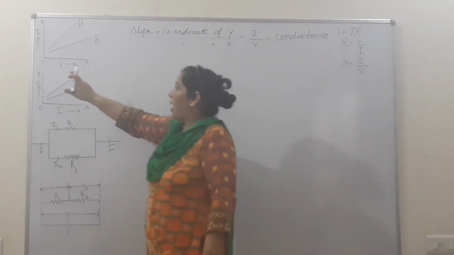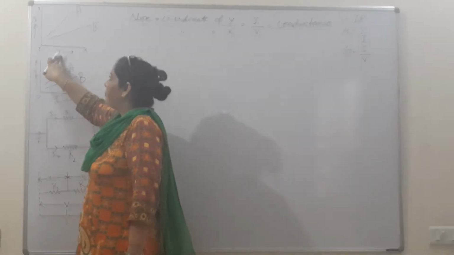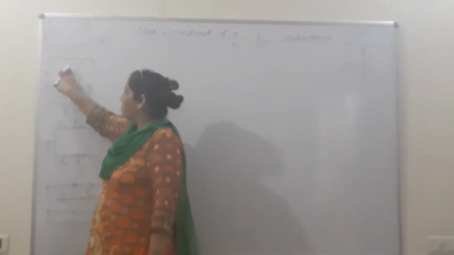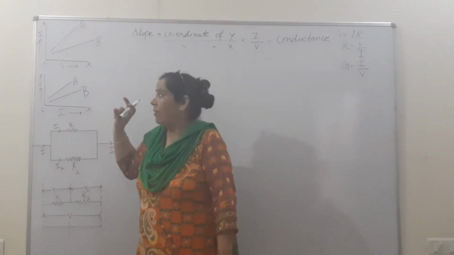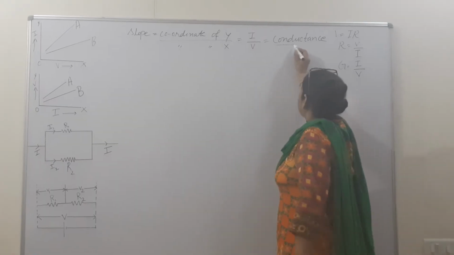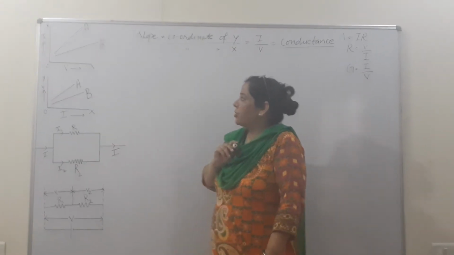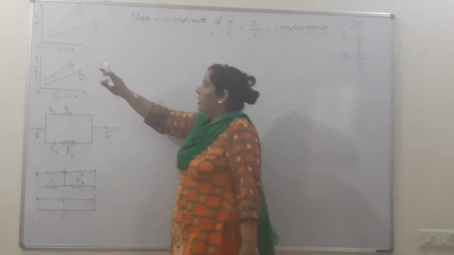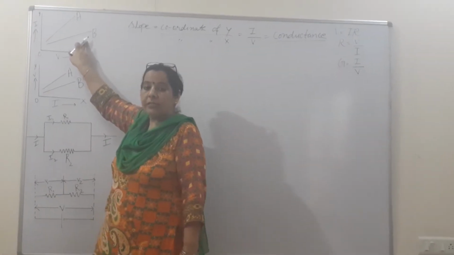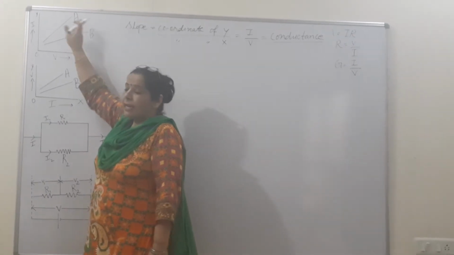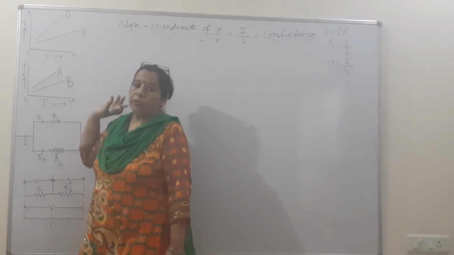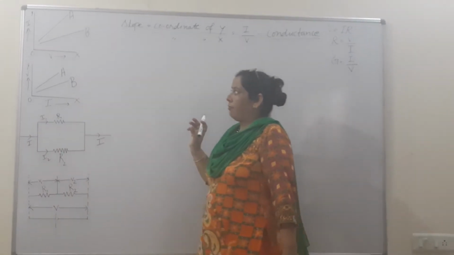The first thing you have to learn is the slope of this, which is called the IV graph. When I is on the y-axis and V is on the x-axis, it is called the IV graph, and its slope will give us conductance. Now, beta, the second question they can ask you is how A and B are arranged, that is, whether A is kept in series or B is kept in parallel, or in which way both are connected. So you should know that one.